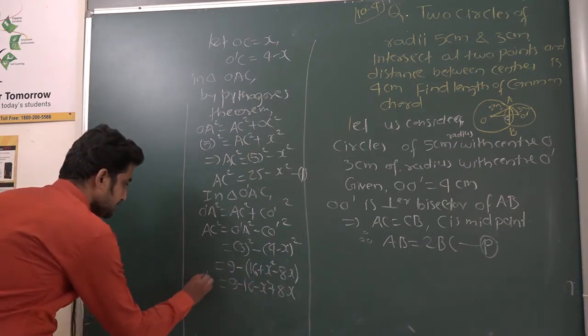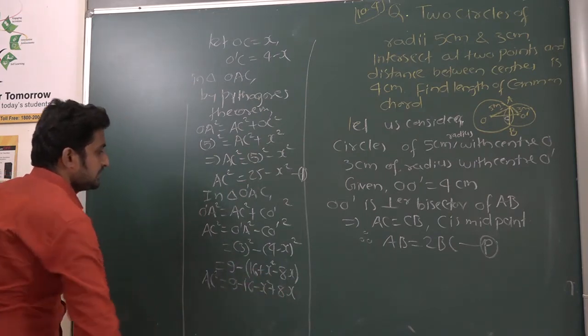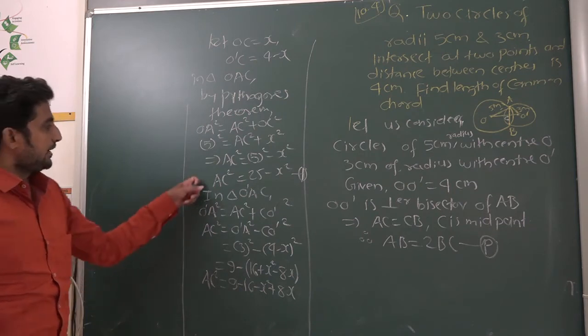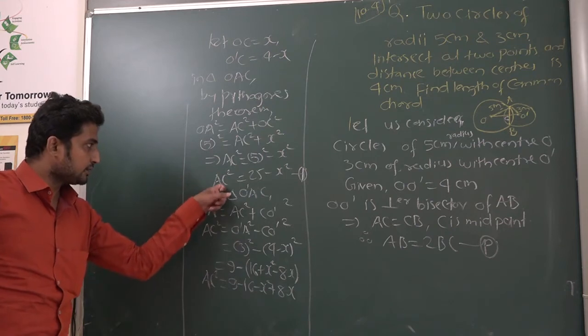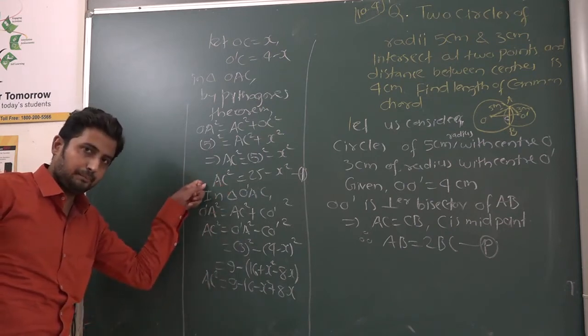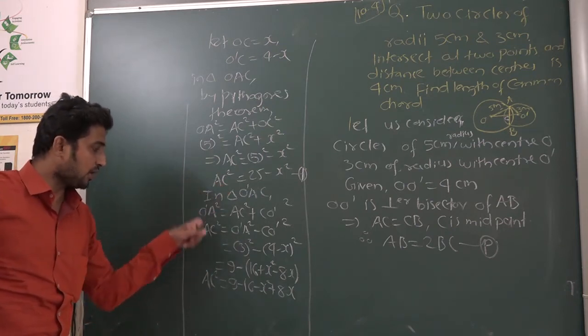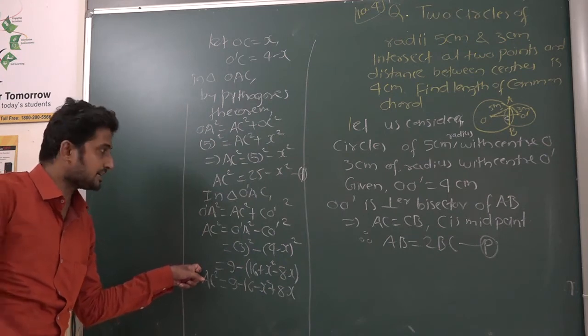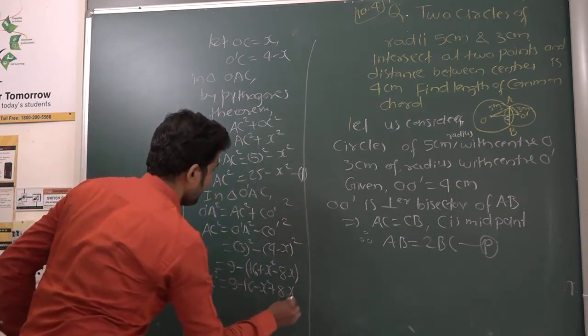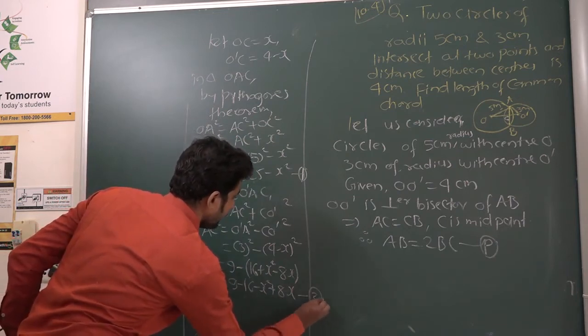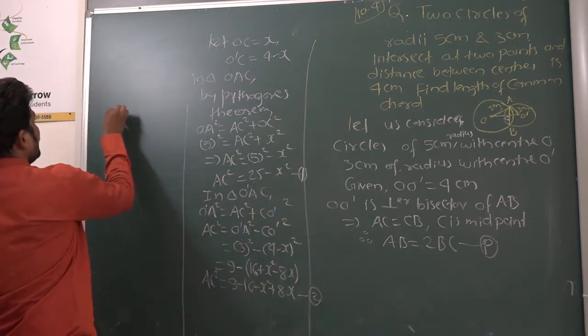This is what, dear students? This is AC square. Now AC square is here, and here also we are getting AC square. So if LHS is equal, what does it mean? Very nice. Their right hand sides also must be equal. So from 1 and 2,